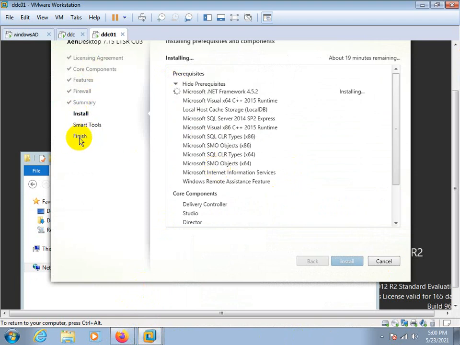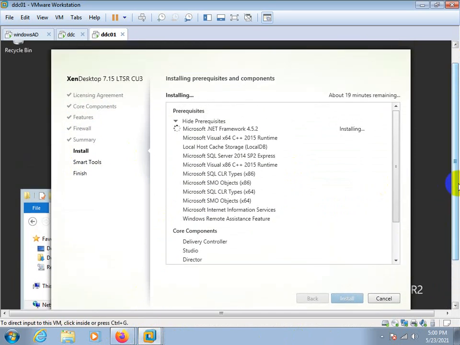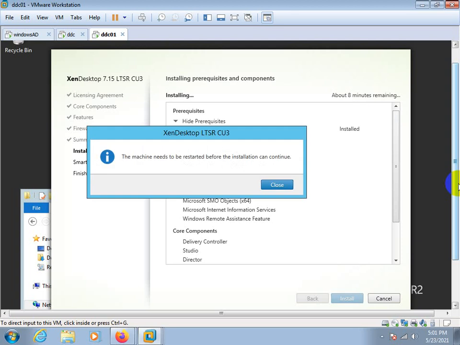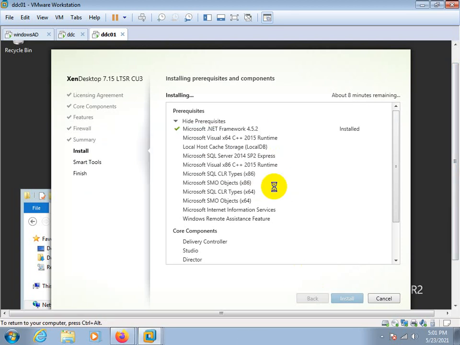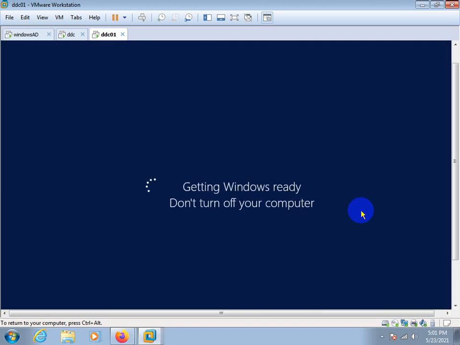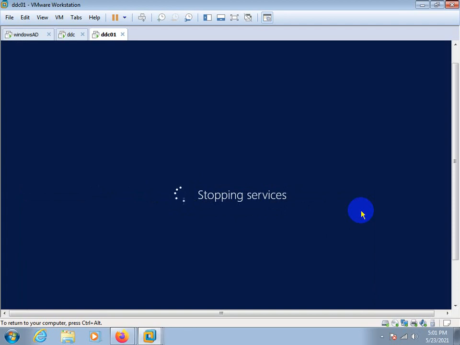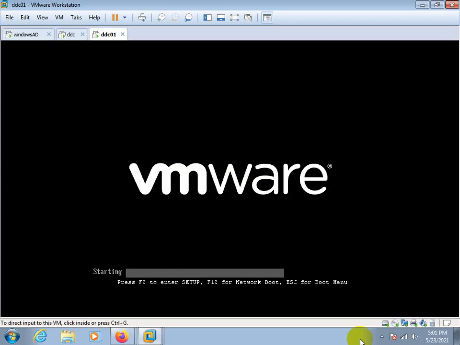So here it is not showing right now, but before finishing the installation, it will ask whether you want to enable call home or not. So it depends upon the client. If there is a client requirement to enable the call home feature, we can. Or most probably, for troubleshooting purposes, we always enable the call home feature. Okay, let it restart. In between, I will pause.